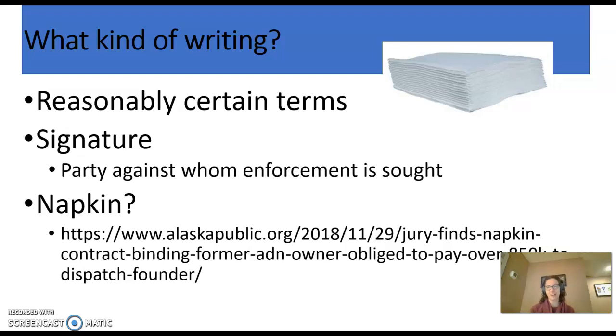But what are we really talking about? When we talk about a writing, we want to know what needs to be in the writing. Just enough reasonably certain terms that the parties know what we're talking about. If I say Sugarman, car, Bob Jones, is that sufficient to know what's for sale? Maybe not. But if I write Sugarman, 2010 Toyota Sienna, $1,000 for sale to Bob Jones, I think we actually have enough information to know that the terms are reasonably certain to enforce that contract.